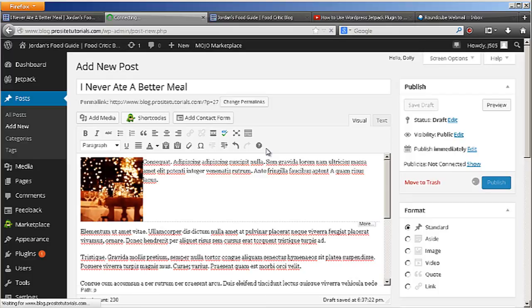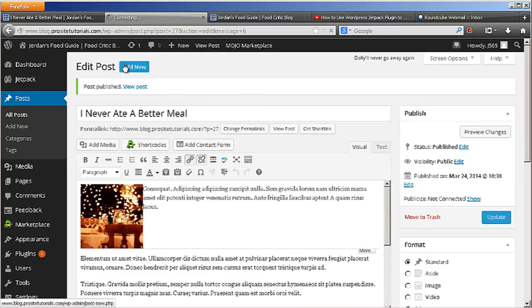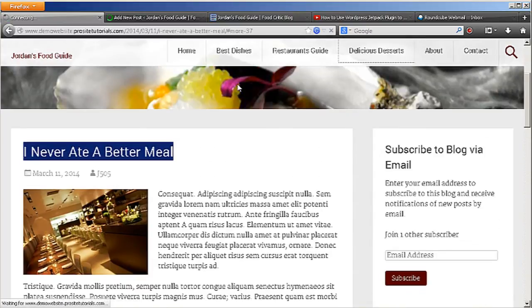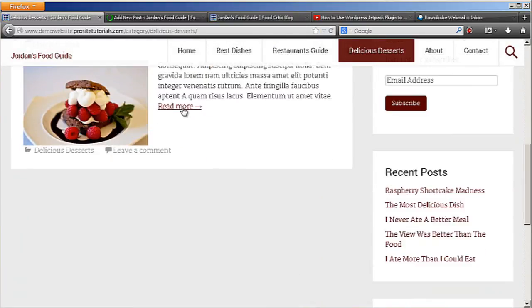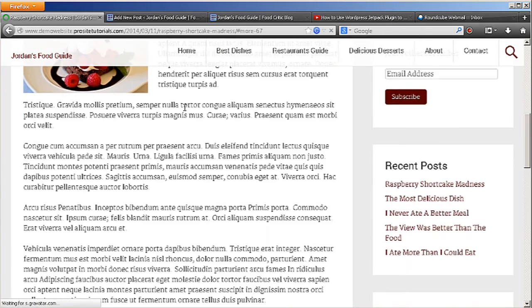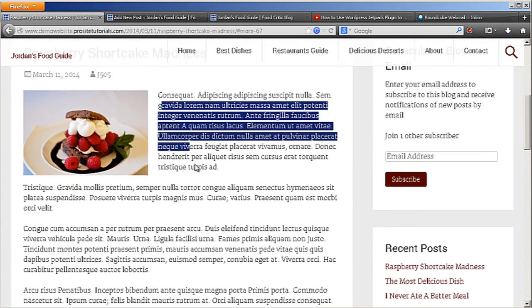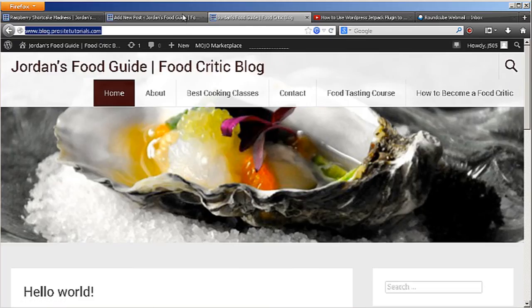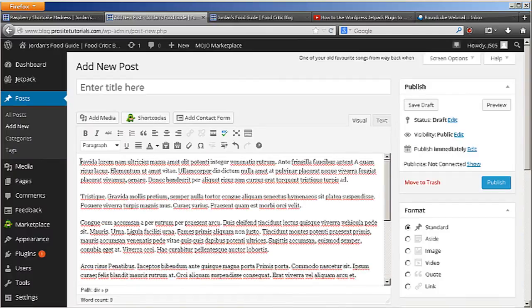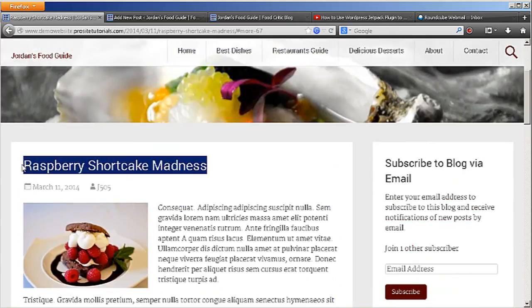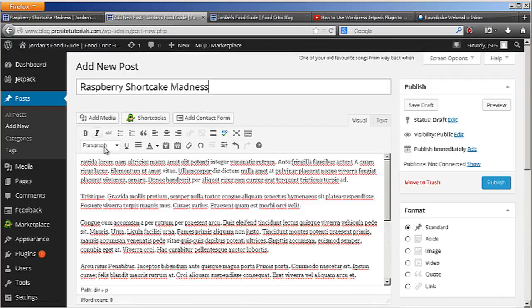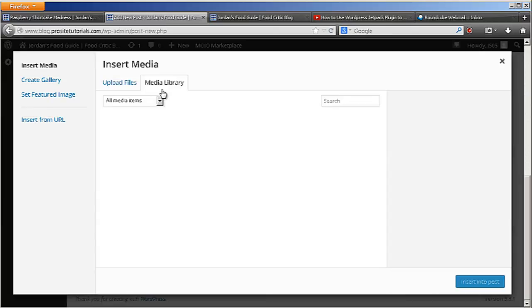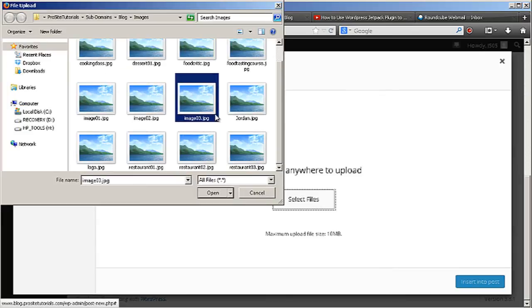And now I'm just going to create the last post, so I can have one post for each category of my website. So I'm just going to do another post really quickly. In this case, it can be this one because it's the only one that I really have. So I'm going to copy this content, and I go into this page, post it, and copy the title. Okay, really quickly, add image and